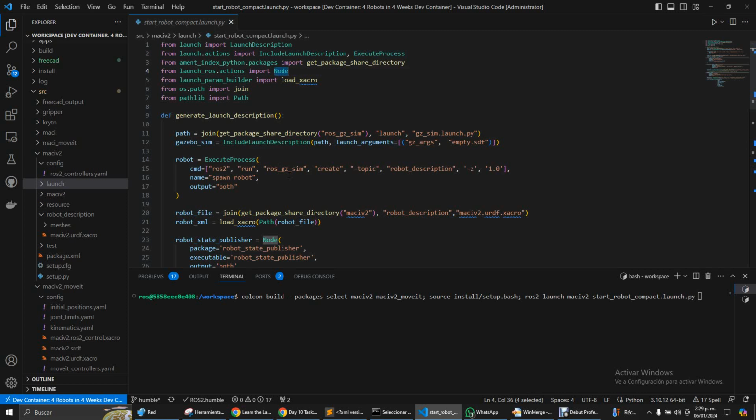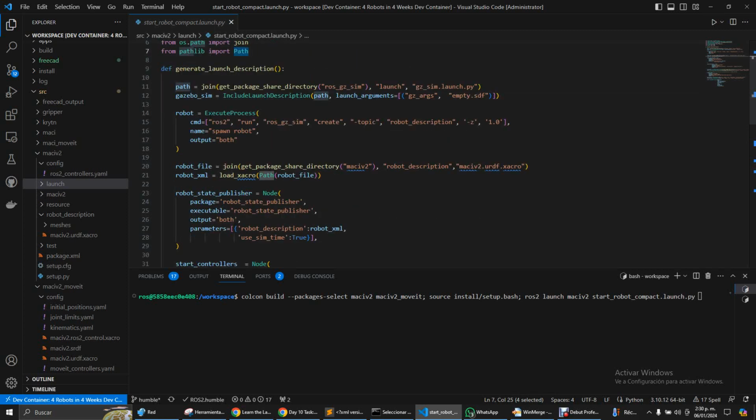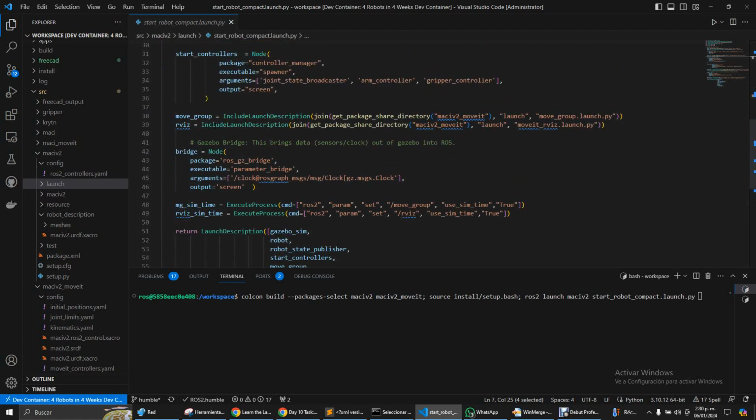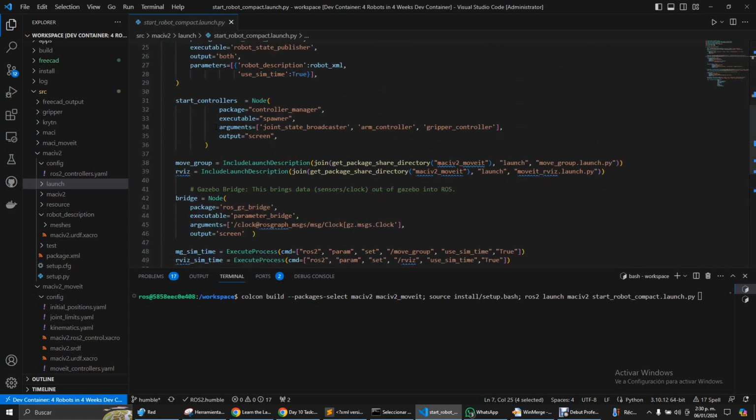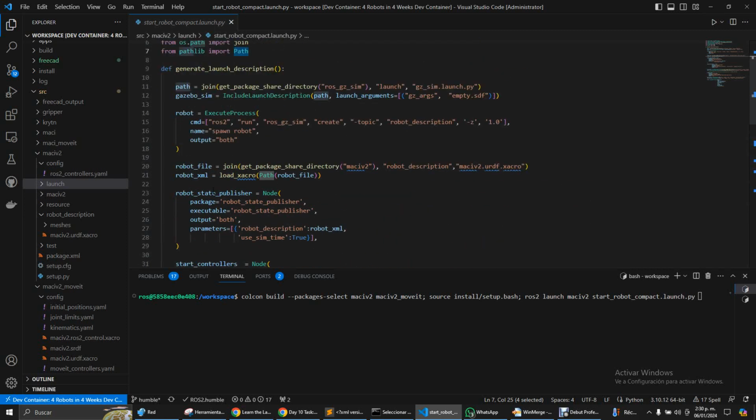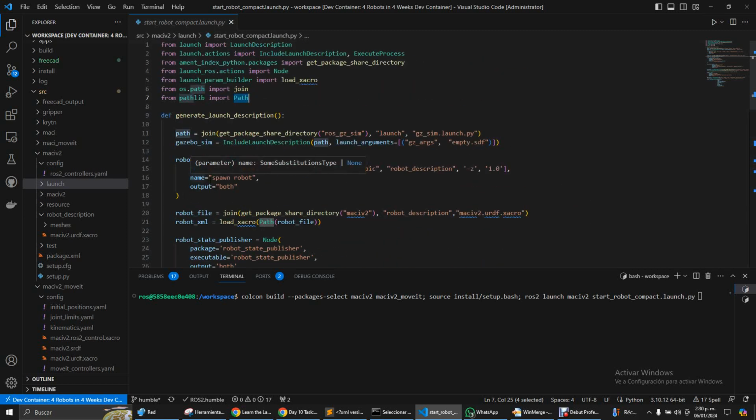Node is obviously the node that you want to launch. Load xacro, obviously, loads the URDF. Joint and pad are for the system. Here I will explain everything. It's very compact, so don't worry about it. Later I will explain the MoveIt Setup Assistant and also the pitfalls that you will fall into if you try to build your own manipulator